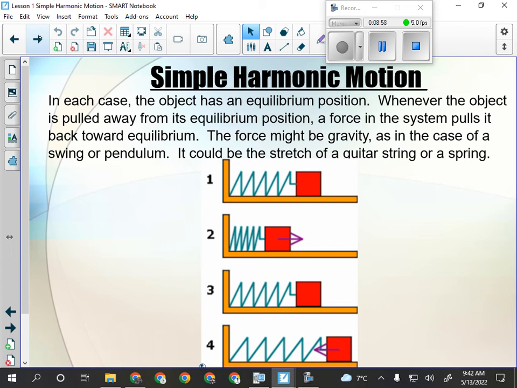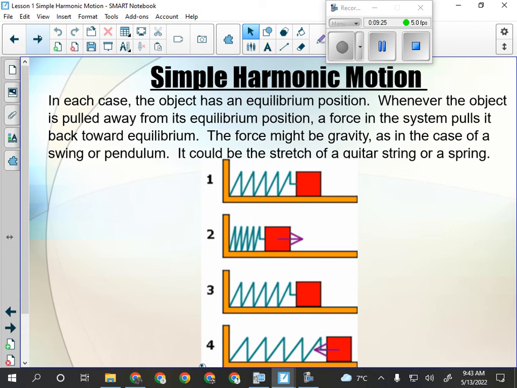Then we'll have the displacement having a vector; force will have a vector as well, but it's always opposite displacement. There's no two-dimensional vector stuff with this unit. Whenever the object is pulled away from its equilibrium position, a force in the system pulls it back toward equilibrium. That force could be gravity, or the component along the arc of gravity,